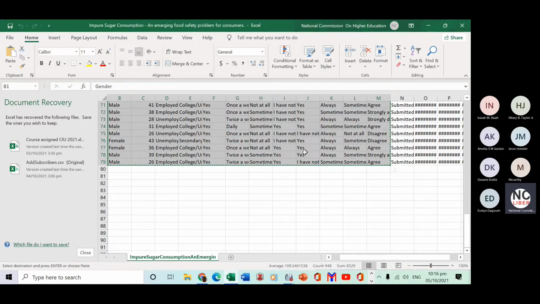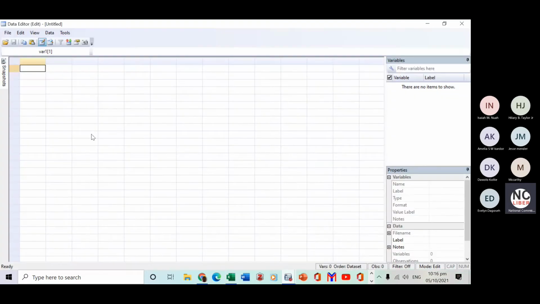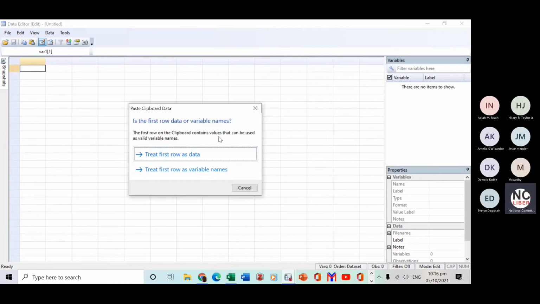So I've copied using Excel, with Control-C to copy, and then I come to the data editor. I want you to start from here. It's already there, so I do Control-V. It's asking me whether the first row of my data are the variables or their names. So I have the option to agree that I should treat the first row as data, or I should treat